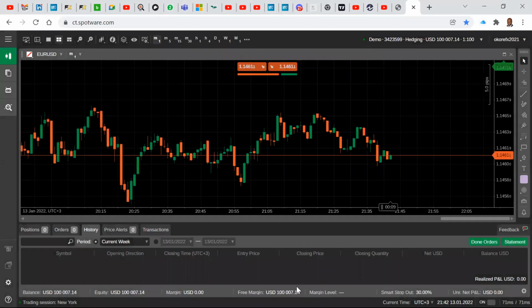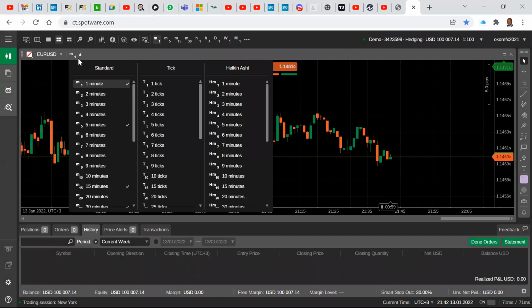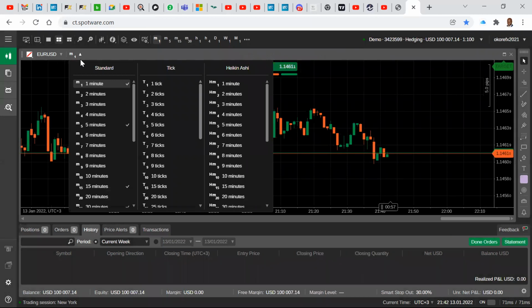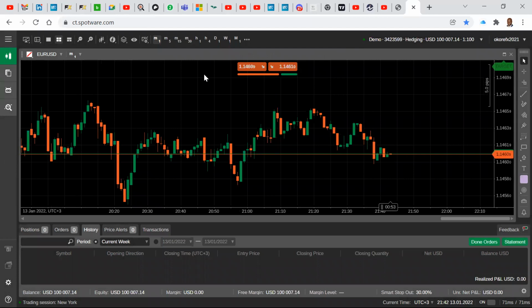All right, good. We have 8 minutes or 7 minutes, so that's enough for us to take a few trades. So this is 1 minute. The 1 minute chart is supposed to be moving very fast, well, depending on the time of the day. If it was about 4 p.m., you'd be seeing these candles moving up like that.